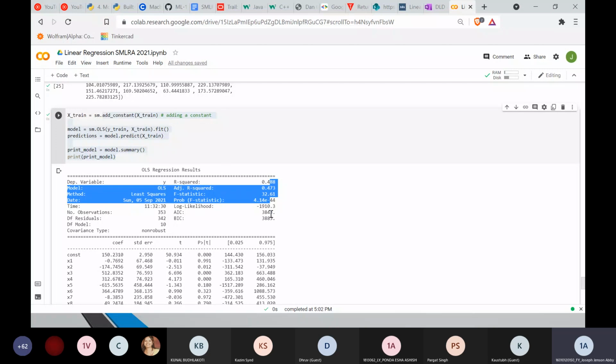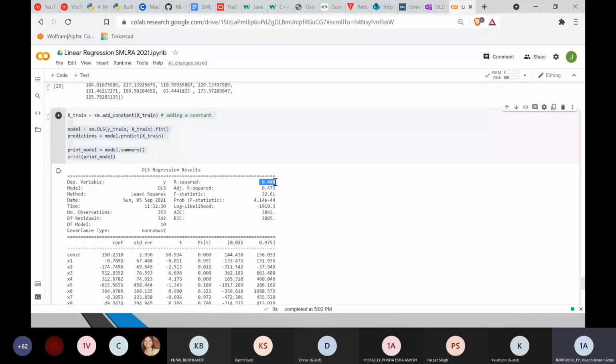When it comes to diabetes prediction, I would reckon that closer to 50% accuracy is sufficient. Basically, this 0.488 or 48.8% means you can justify the changes in your y, that is your disease progression, based on the current trend. It could be that the variables are not following the trend for some reason. That would be the noise, the error. That you cannot justify, but the model can justify 48.8% of the changes that are happening in the y. Is that fine?